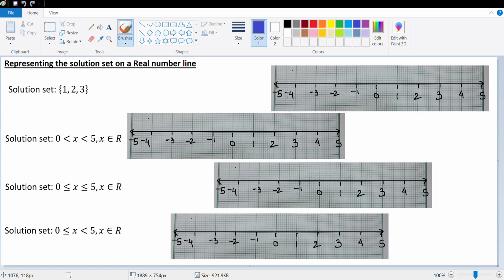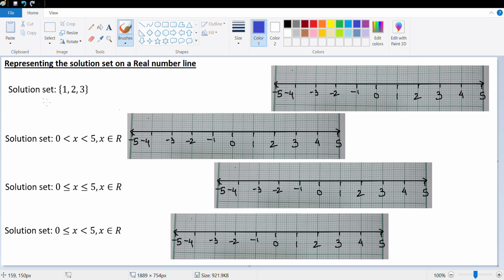In your exam, you don't necessarily need to do these questions on a graph paper. You could draw a number line with a scale in your notebook and mark the numbers as -4, -3, -2, -1, and so on using a scale and marking it properly. Now in this software that I am using, I do not have access to a scale. That's the only reason I have pre-made these graphs on a graph paper, so that it's easier and convenient for me. You can use a normal paper and draw the number line using a scale. So let's look at some things.